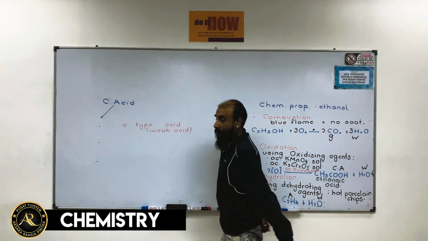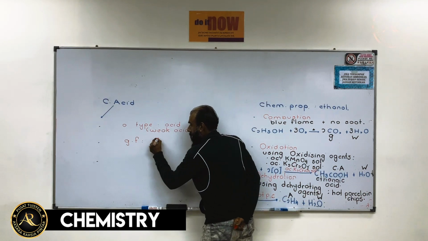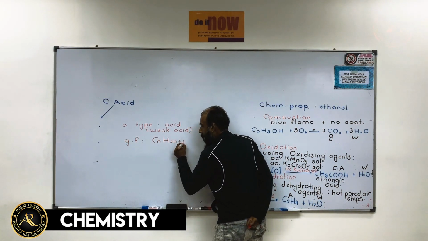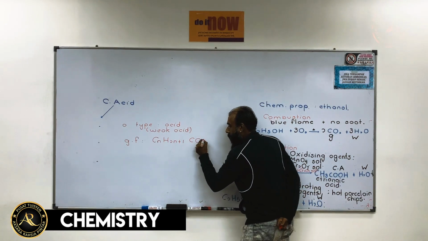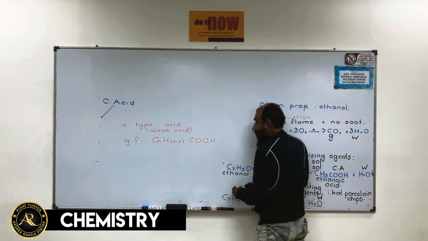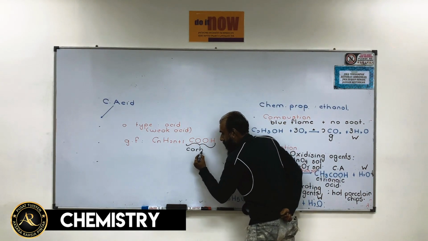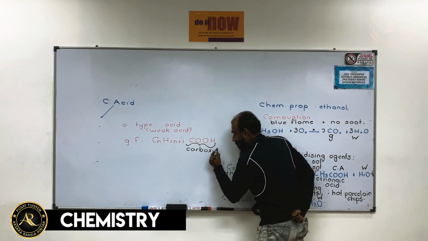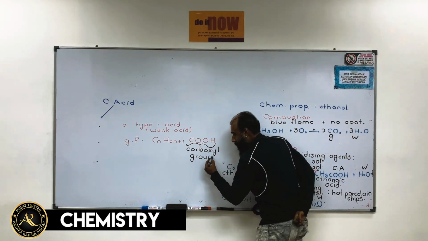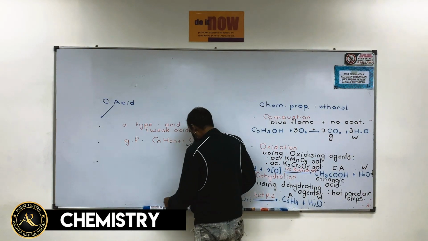General formula CnH2n+1 COOH. It belongs to the carboxyl group. An example,